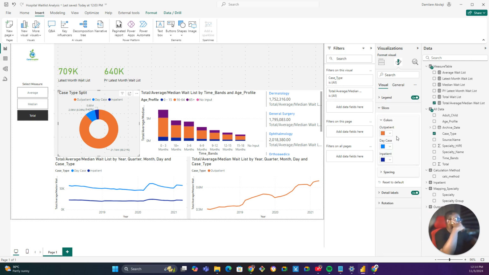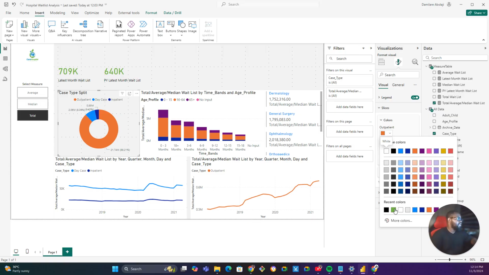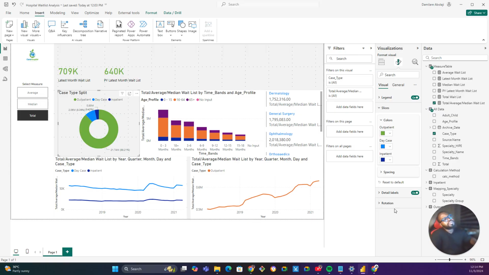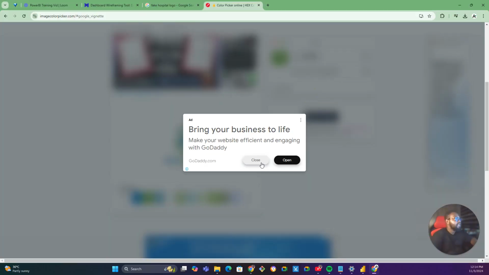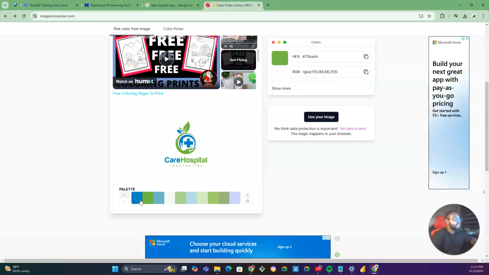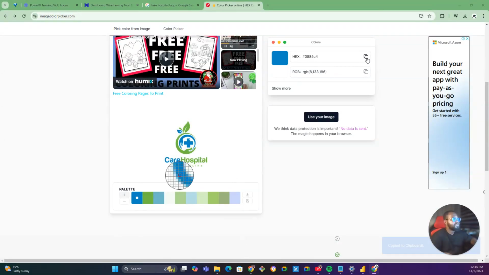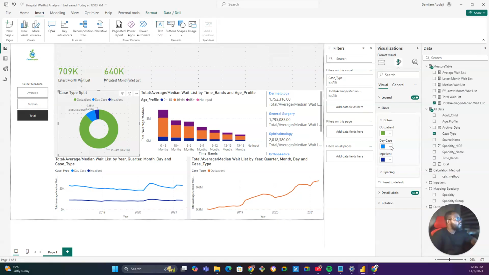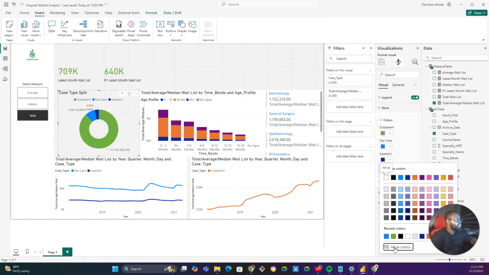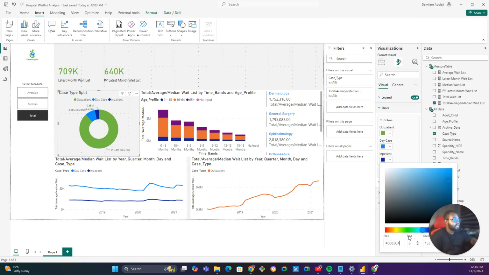Let's use that color that we selected for outpatient. Let's go back to that guy and close this. We want to pick this blue too. Let's copy the hex code. For inpatient, let's use that blue. More colors, and then we paste the hex code and press enter. So we have that